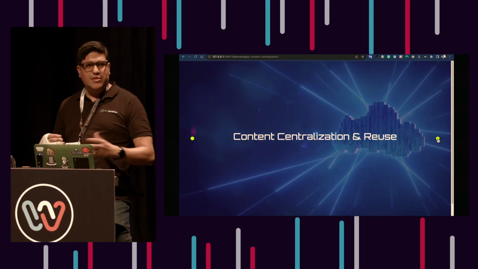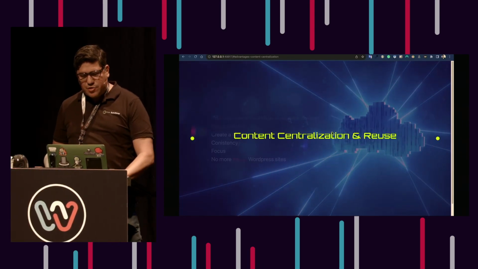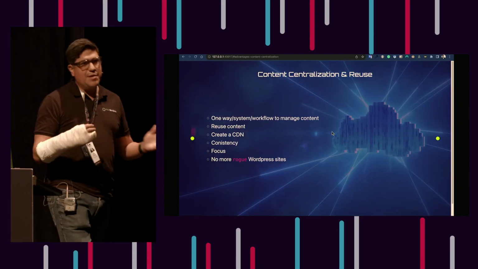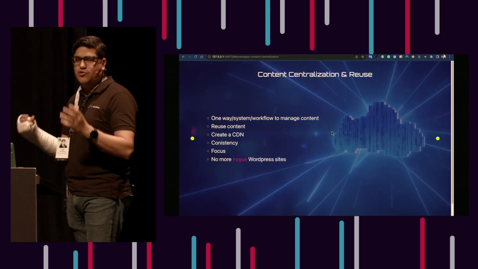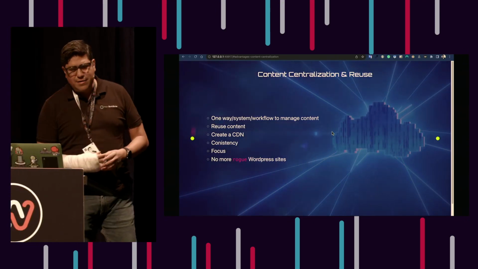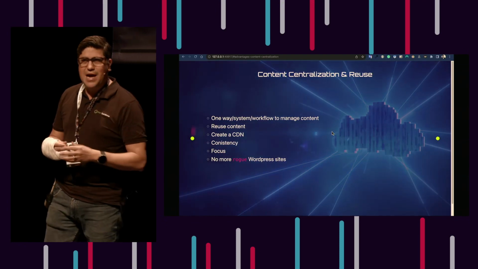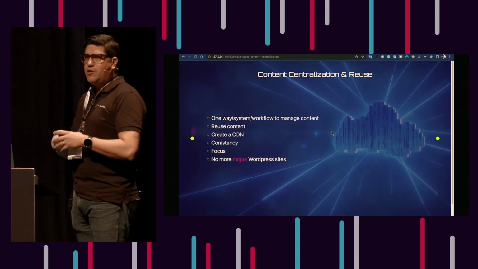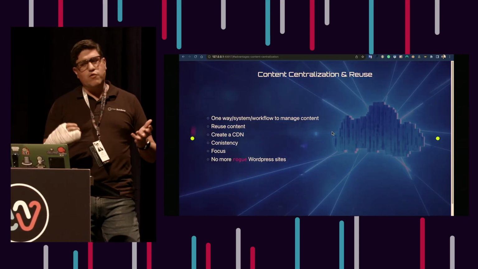All right, so let's look at each of them so we can start having a little discussion on them. Content centralization and reuse is really important. It's really to provide that one system or workflow to manage your content. To reuse that content, obviously you can tap this into a CDN, you can put all your assets in one location. You can provide that consistency to your infrastructure and provide that focus.